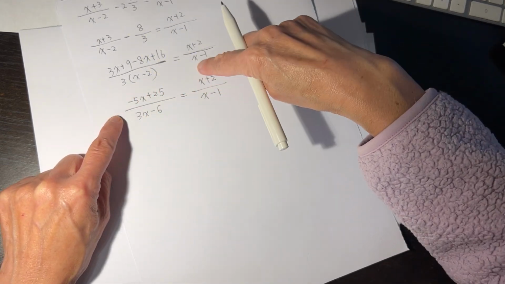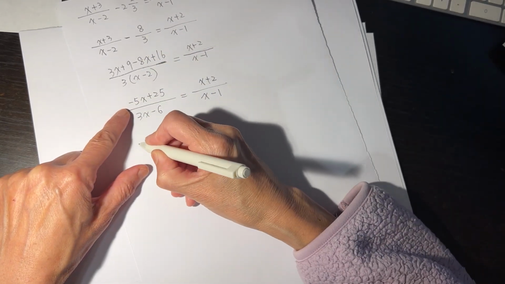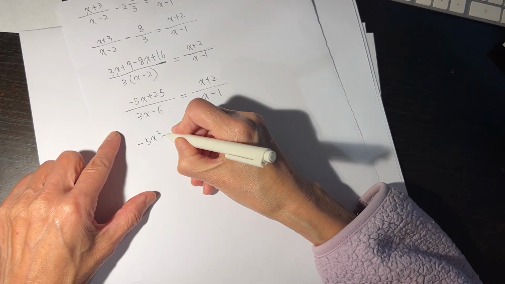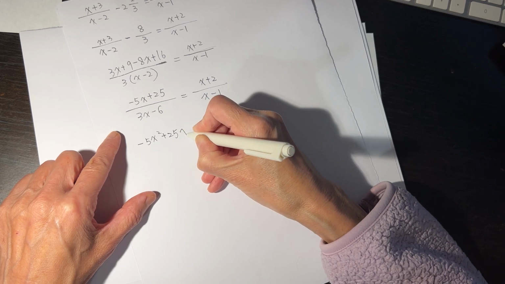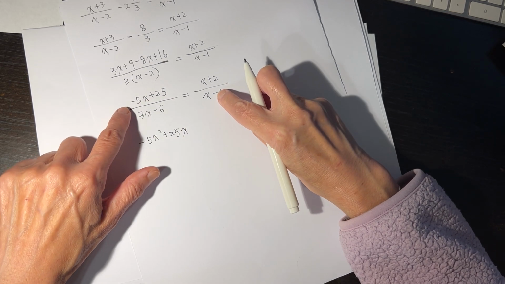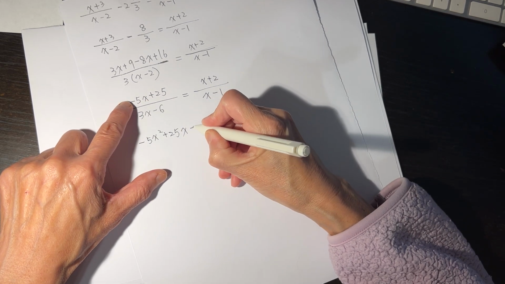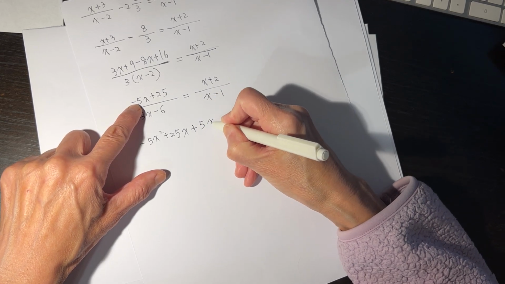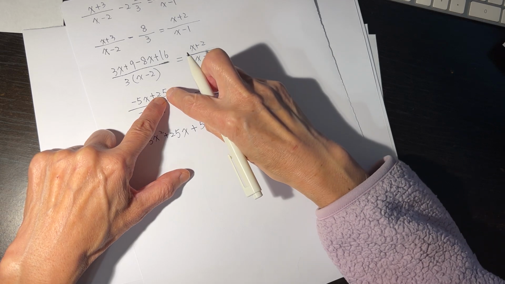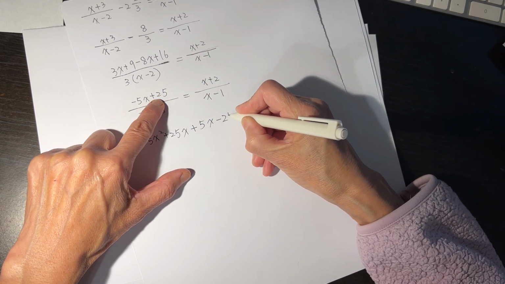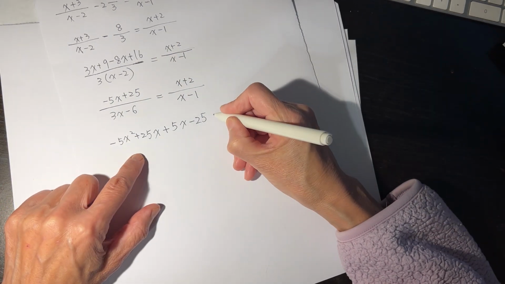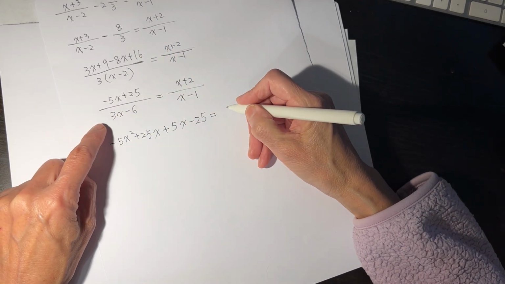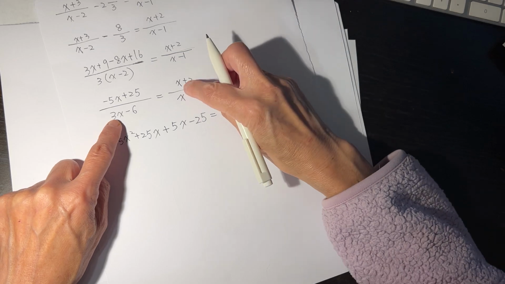Now negative 5x squared plus 25x, negative, negative, positive, plus 5x minus 25 equal to, oh, yes,